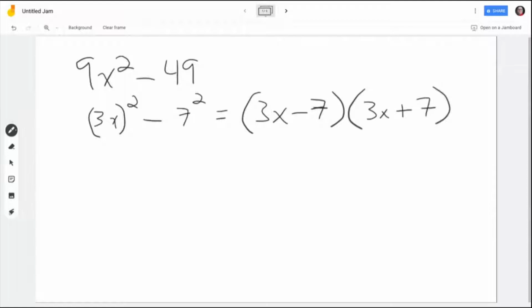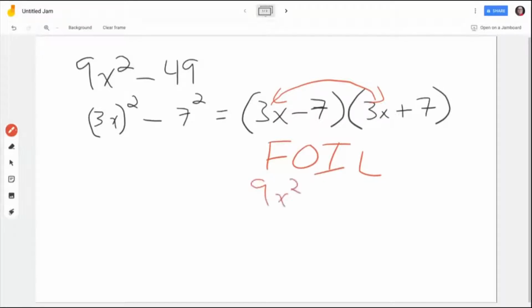And there we go. Now you can always check these by expanding them out. You may have heard the term FOIL before, first, outer, inner, last. That's one way to do it. There's other ways to do it as well, but we will use FOIL for the ease of it. So first we're going to multiply the first two terms, the 3x times the 3x. And so that's going to give us